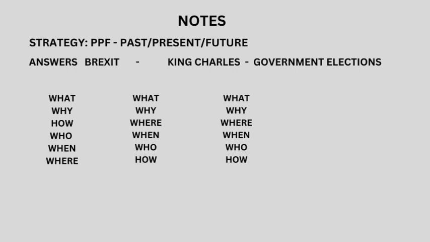And as you see, I've put down the what, where, when, why, how, etc. I wouldn't write it out three times like that, because if you've got it in your brain, you maybe write it out so you don't forget any of them, but you only need to write that out once. So you've done three things in this minute that you've got to prepare. You've decided on your strategy, which you should be able to do very quickly if you've practiced it. The little bit that might take more thought is what your answers are going to be about, what you're comfortable talking about. And then just jot down quickly what, why, when, who, where, how, etc.